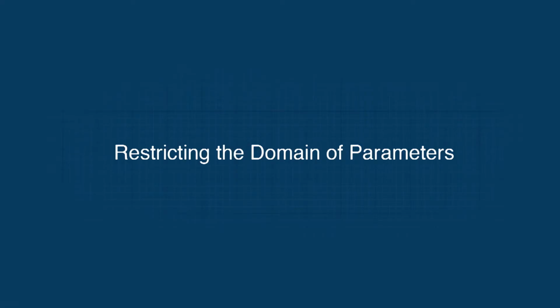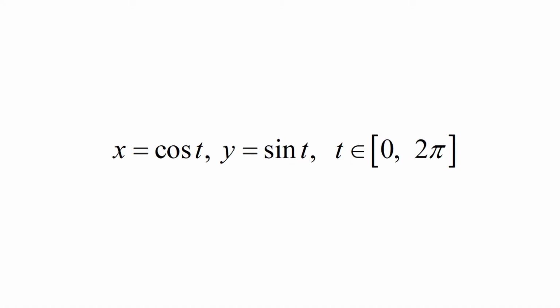We now restrict the domain of parameters. Now, let us discuss the situation when t in the parameterization x is equal to cos t and y is equal to sin t, where t varies over closed interval 0 2 pi, is restricted to a subset of closed interval 0 2 pi. We note that if the parameter t varies only over the closed interval 0 pi,